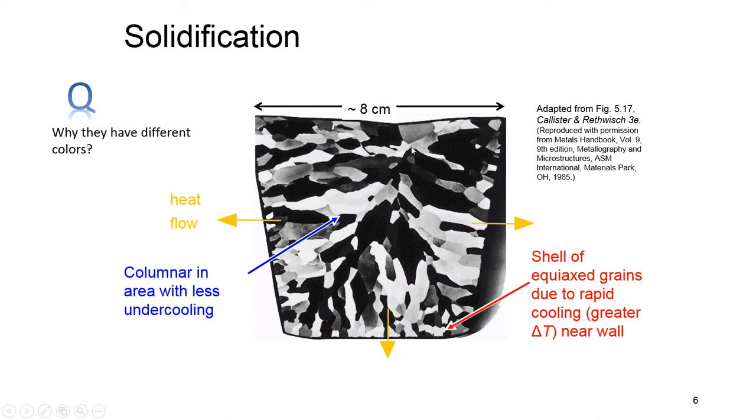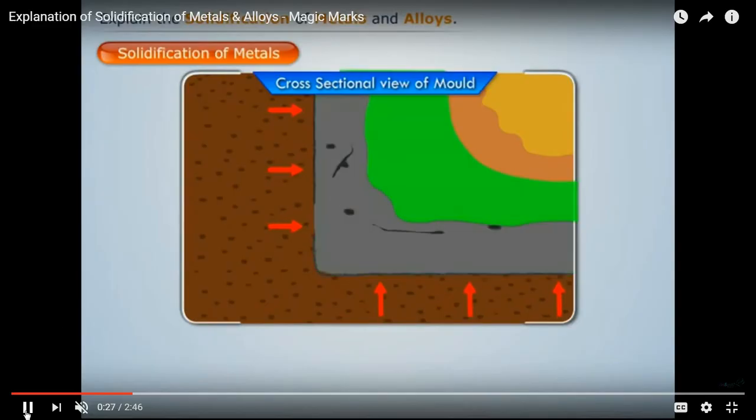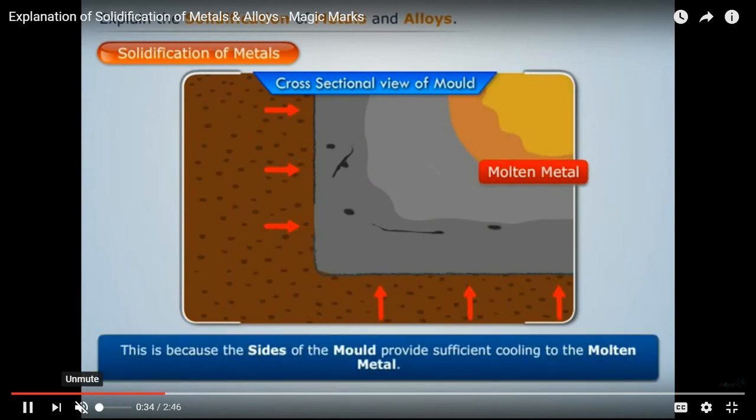As you can see, because this was a liquid material at very high temperature, and then it lost heat from the border or from the wall, so of course there's a heat flow from the center to the walls, and that's why you see elongated grains along the heat flow or heat direction. This is shown in this video very beautifully. As you can see, walls are where heat is extracted from. You see the molten material and molten metal,